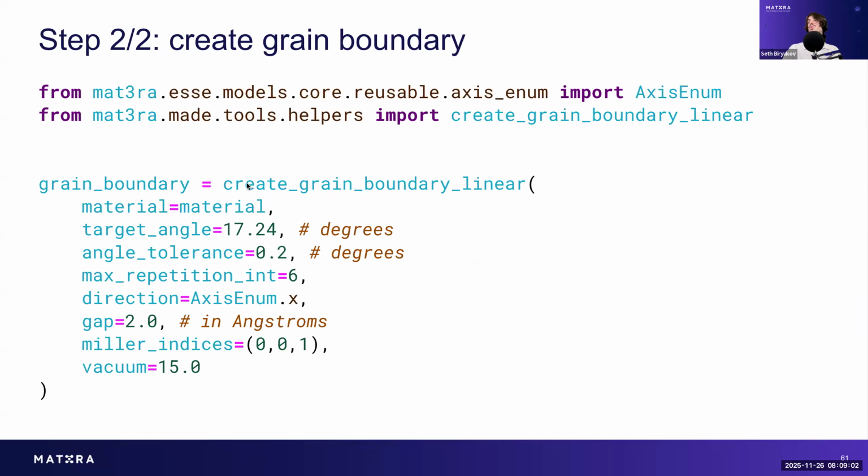Then we want to use the create grain boundary linear function and pass the material, then the target angle, as well as the angle tolerance, to allow for some tolerance to find this angle, and then the max repetition,